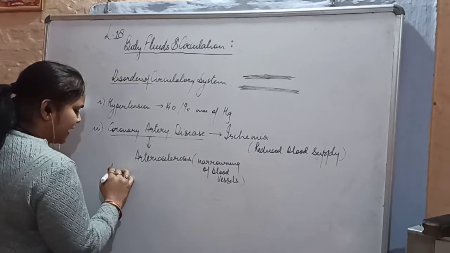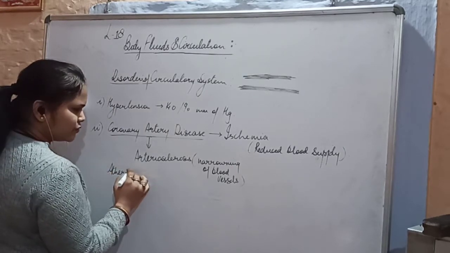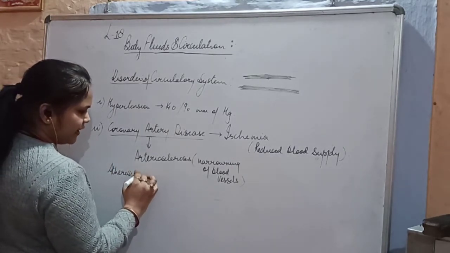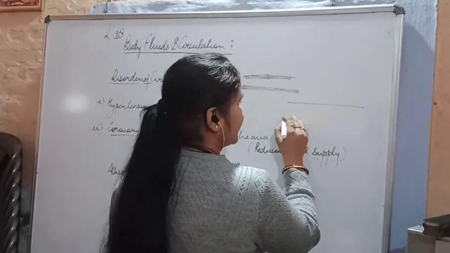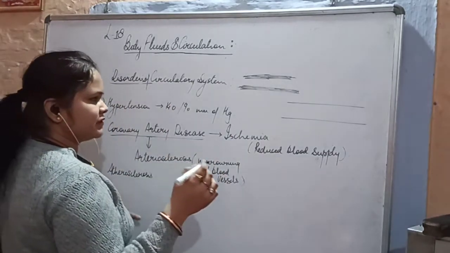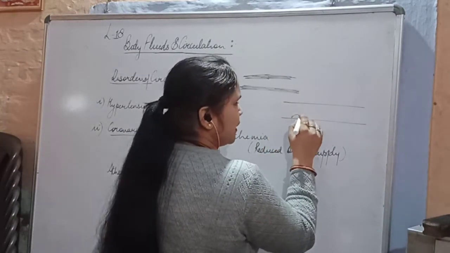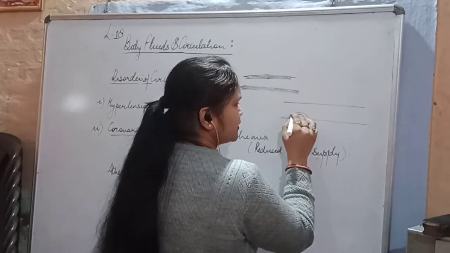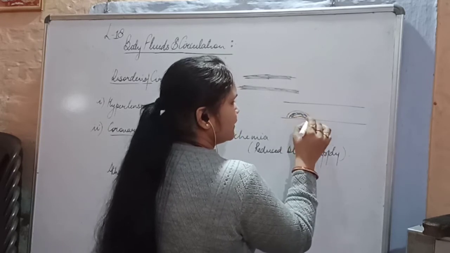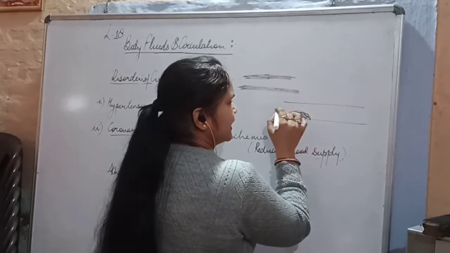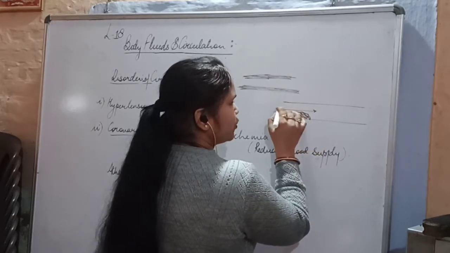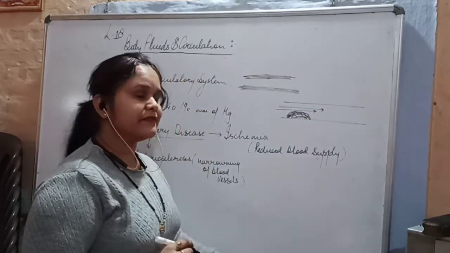But what happens in atherosclerosis? These two terms are used interchangeably but have a little difference. Whenever there is a case of atherosclerosis, the deposition of calcium occurs here. What will happen? The lumen of the arteries is getting narrow and the blood will flow with a jerk. It is going to have very little space.